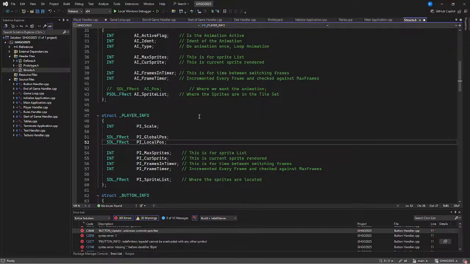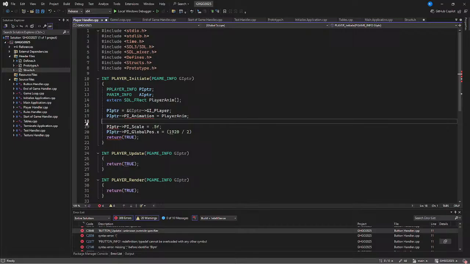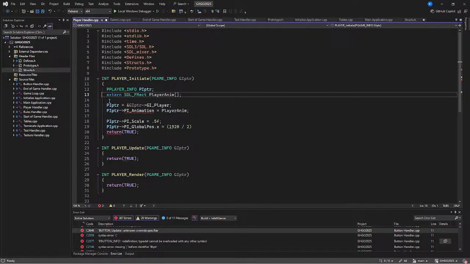So we have the sprite list. Okay. So we go back to player handler. I don't need this. And I don't need this. Until I write a library for the animation, I'm not using this. I just want absolute control and also enjoy to see how different things that engines would normally do are done. That's basically the reason I don't use an engine. I'm the same way. I'm a big control freak, so